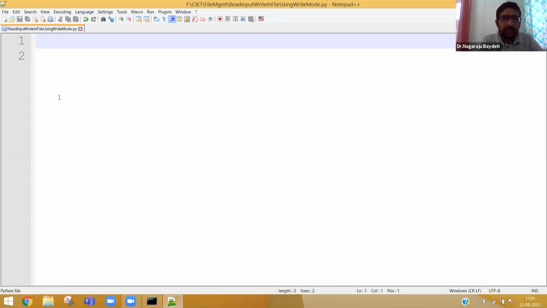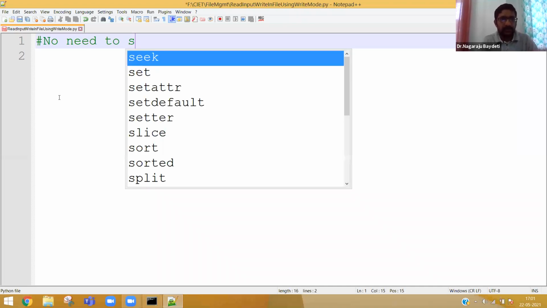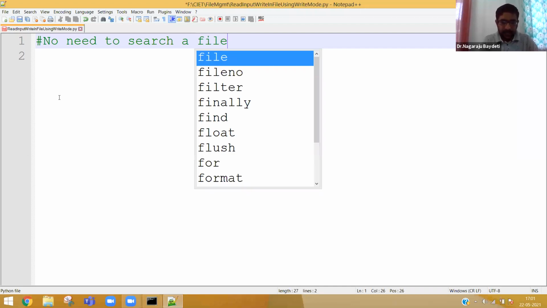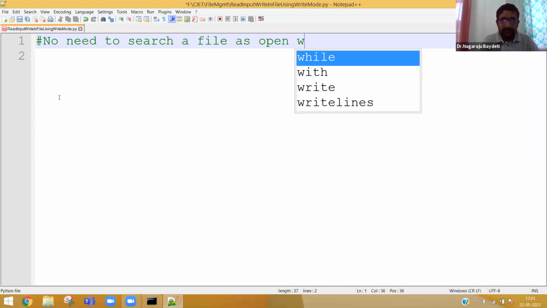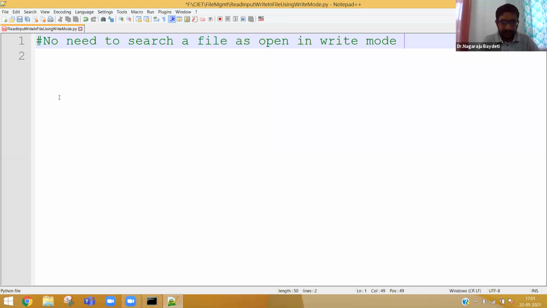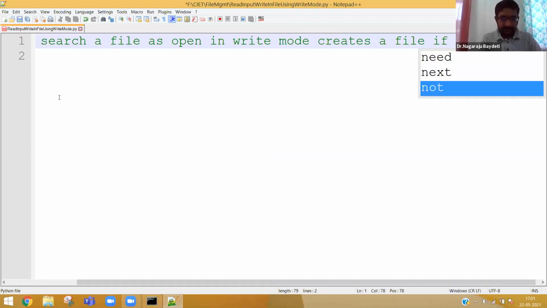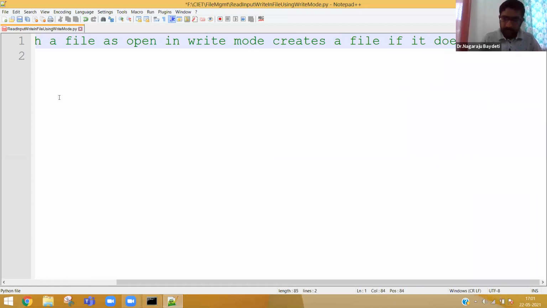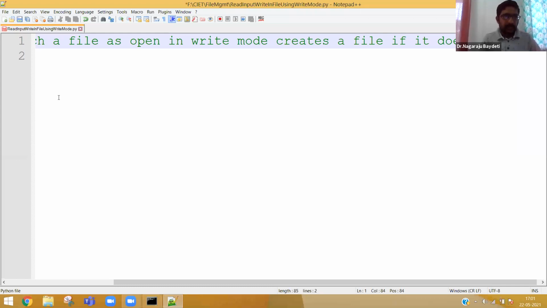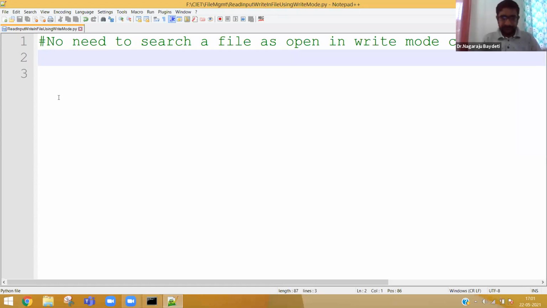So there is no need to search the file here. Okay, no need to search a file, as open in write mode creates a file if it does not exist. I hope everybody understood that logic. Okay, so it's very simple.